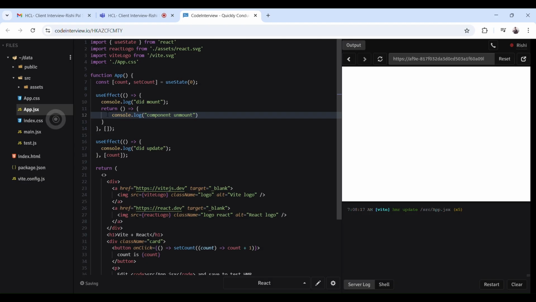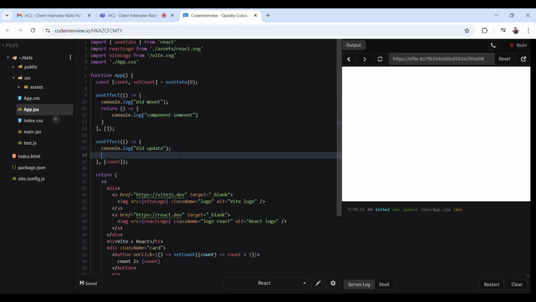Once the component is unmounting or being destroyed from the UI, this will trigger. What do you basically do on componentWillUnmount? Basically we use this for cleanup purposes. Suppose we are adding some event listener or an interval,